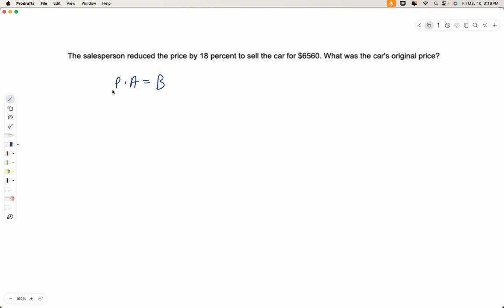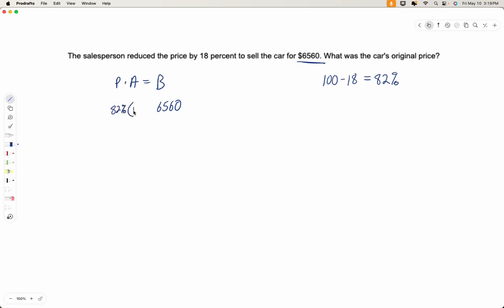Percent is the amount that we are taking of this number to give us the final number. So the final number is the sales price, the car, $6,560, when we take 18% off. So if we take 18% away from the original price, then that's going to be 82% that remains. This is going to be 82% of the price because we took 18% off. Okay, so that means